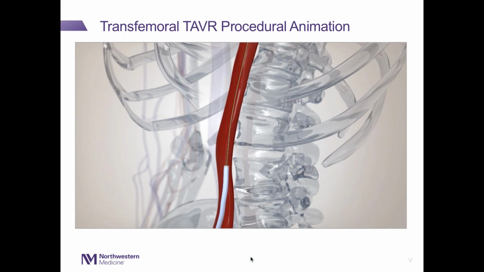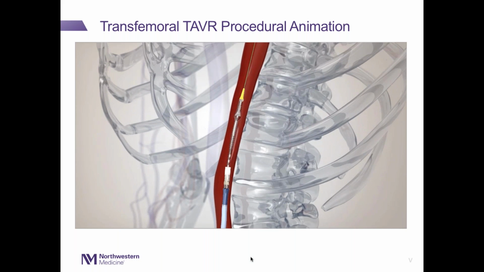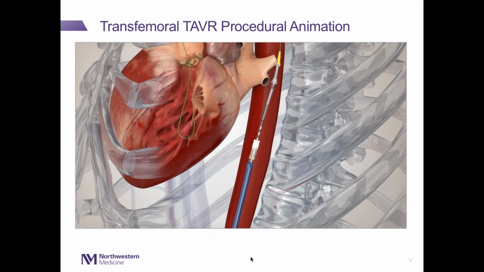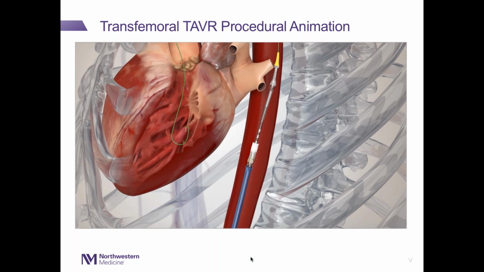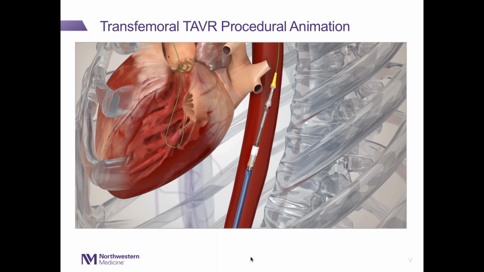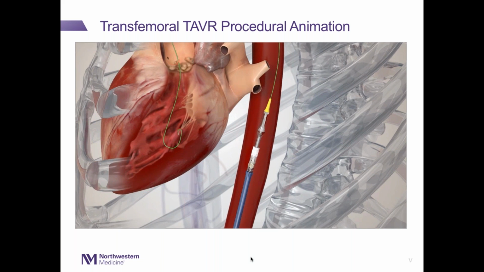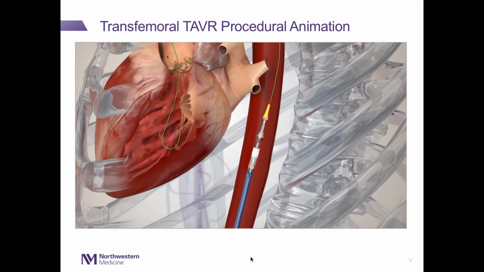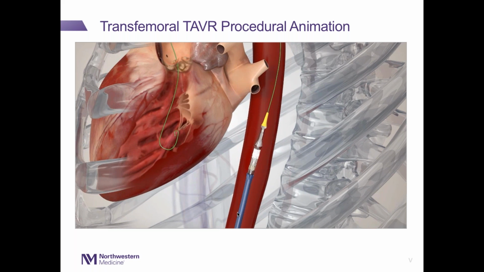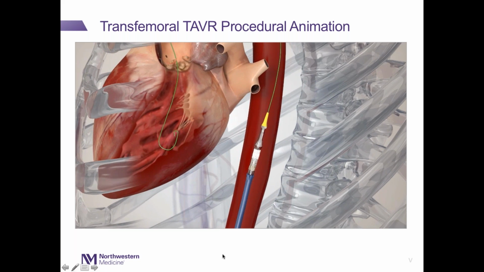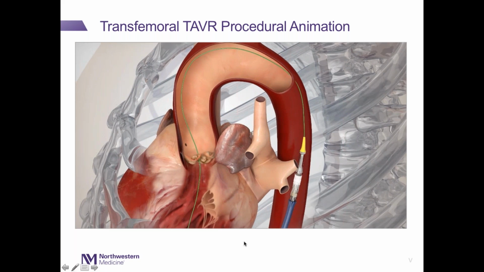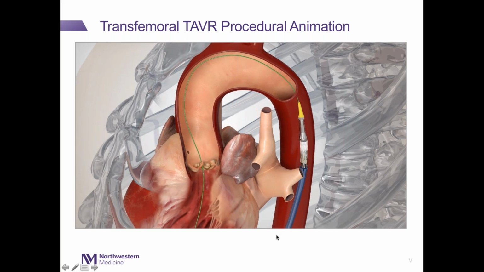So that balloon is then withdrawn over that same wire, and then going through that same plastic tube, we bring in the delivery system for the stented valve, and this one being the Sapien 3 valve. When we put it into the descending aorta, as it is here, we mount it over the balloon. That's the preparation of the valve. Some of it is done outside the body, and some of it is done inside the body, as you can see here. Once we have it placed over the balloon, we then bring it over the same guide wire,